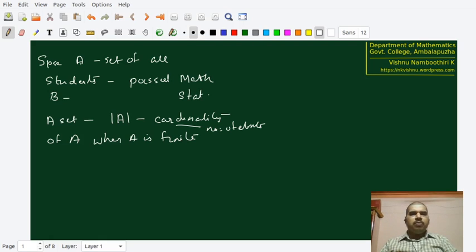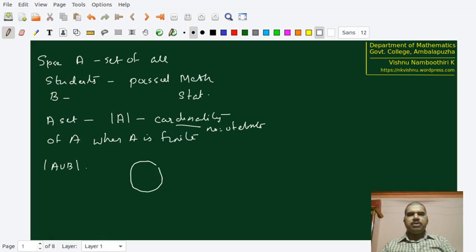In the above example, we want to find the number of students who have passed in the subject mathematics or in the subject statistics. Therefore, essentially, we are asking for the number of elements in the set A union B. One thing is obvious: A union B consists of elements from A and elements from B. Therefore, the number of elements in A union B cannot exceed the number of elements in A plus the number of elements in B. But if we carefully look, for finding the number of elements in A union B, we cannot simply take the sum of the number of elements in A and the number of elements in B, because of this reason.